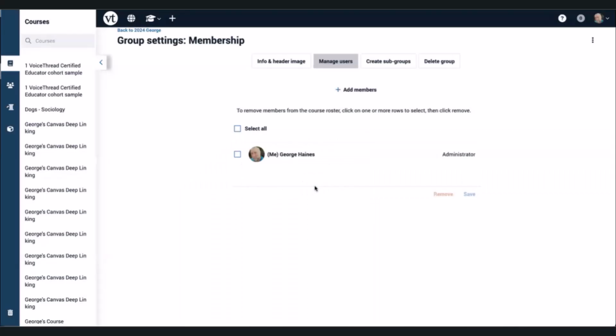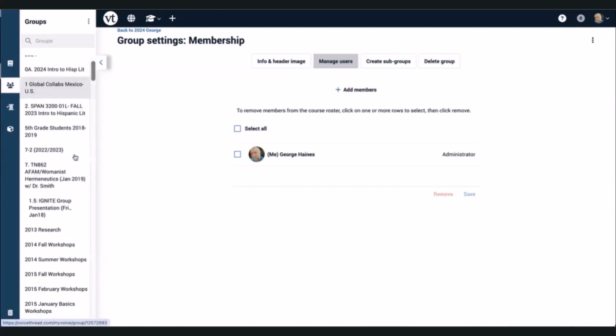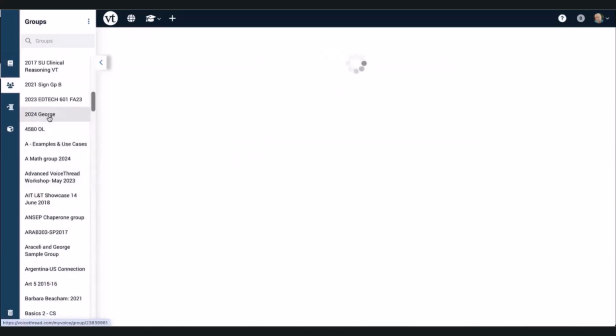If you add LTI links in your course as part of the integration and a student clicks on them, they will be added to your course group. Remember, the course groups are basically the same things as groups, except this is all automatic. What we're working on today are the manually created groups here. I'm going to go into my group here.